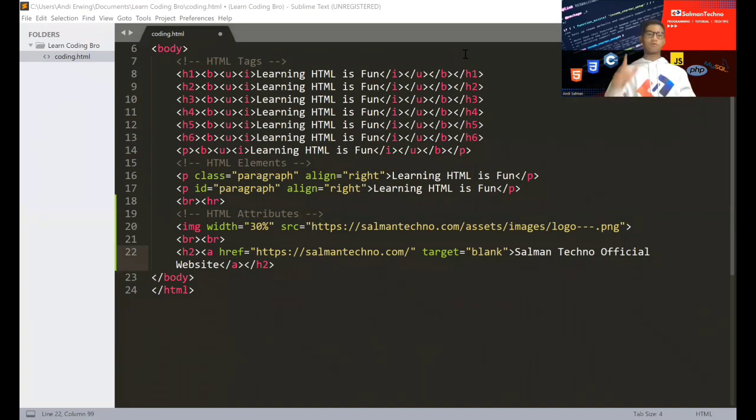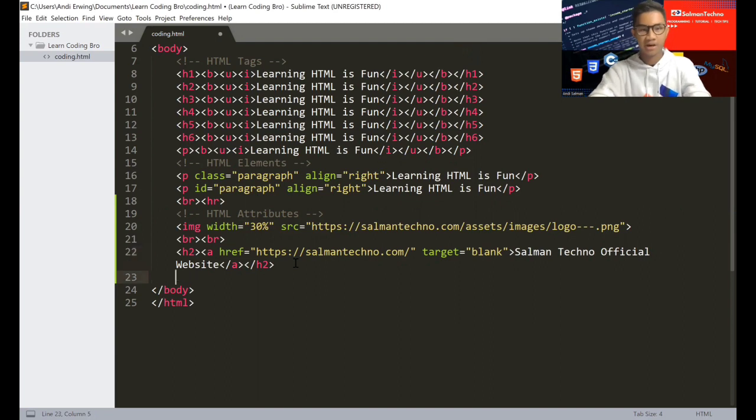Okay, guys, now all about HTML attributes have been explained by me, and now I'm gonna show you all about HTML comments. Okay, guys, maybe I can separate it first between HTML attributes and comments in here by writing two BR tags in here, okay? And I'm gonna make the new one,